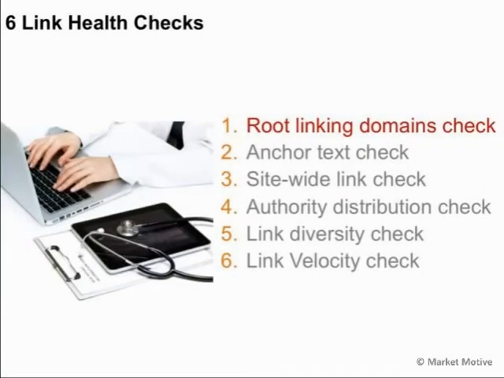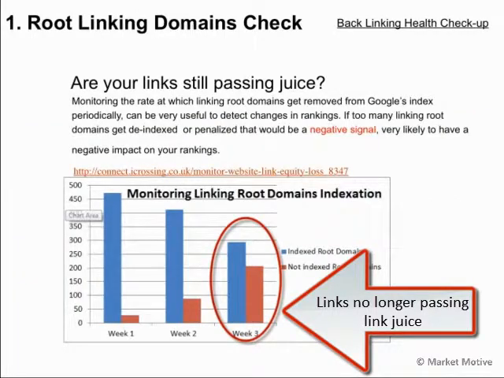So first and foremost, we're going to do the root linking domains check. The root linking domains check looks at the number of sites that have at least one link to you. So if they have more than one link to you, it still counts as one root linking domain. But it's one of the most powerful indicators historically with regards to search engine optimization factors, and you need to know if these root linking domains are actually passing link juice and how they're passing link juice, the authority